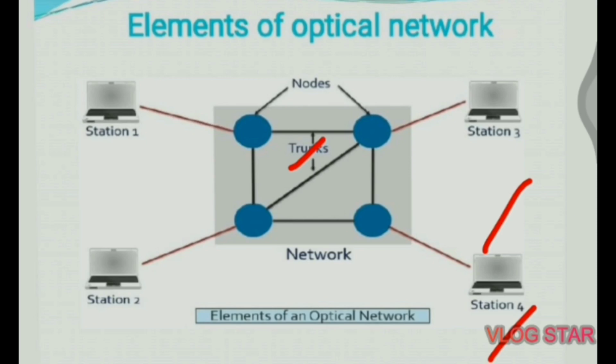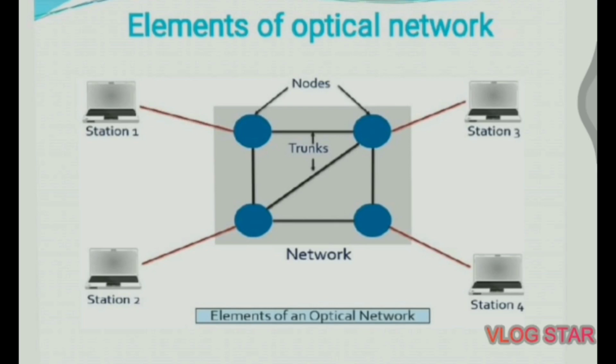A network is composed of one or multiple trunks for signal transmission over large distance. The third element is node. Node acts as a hub for multiple transmission lines inside the network. In case of a single transmission line, an optical network does not require nodes, as in this case, stations at both the ends can be directly connected to the fiber cables.